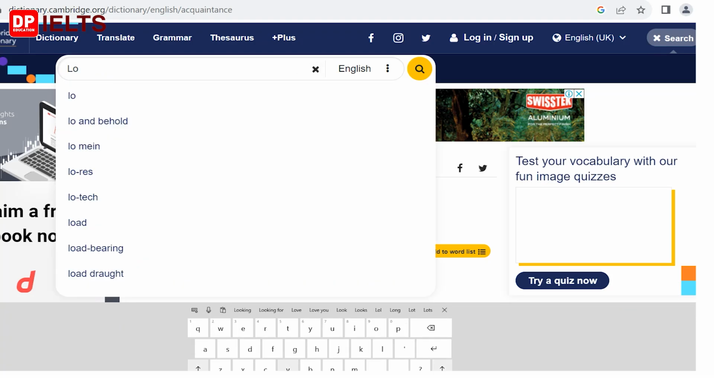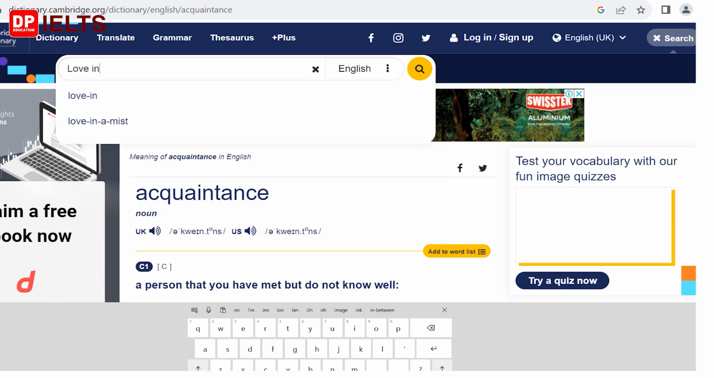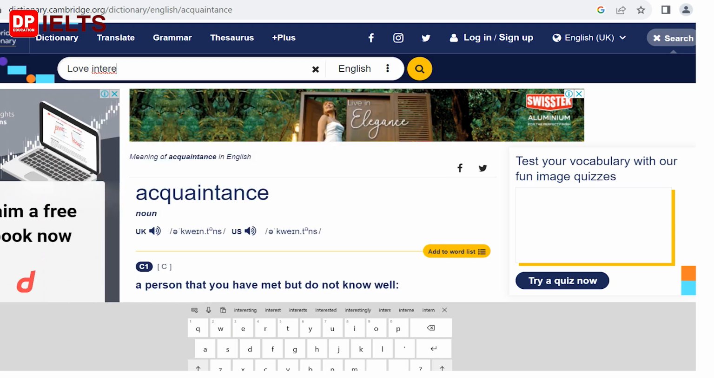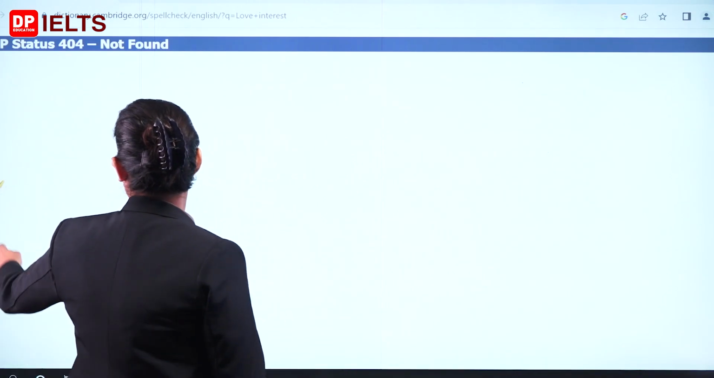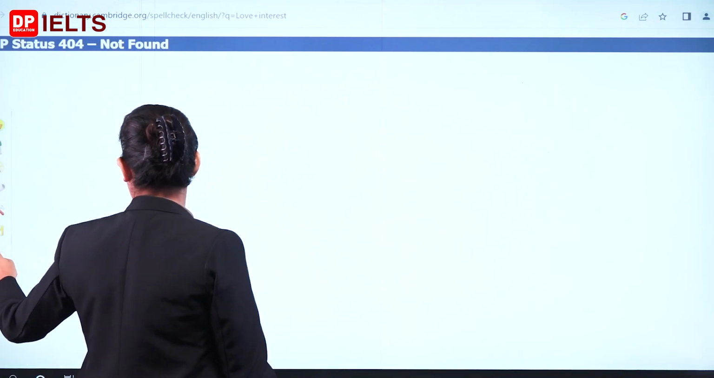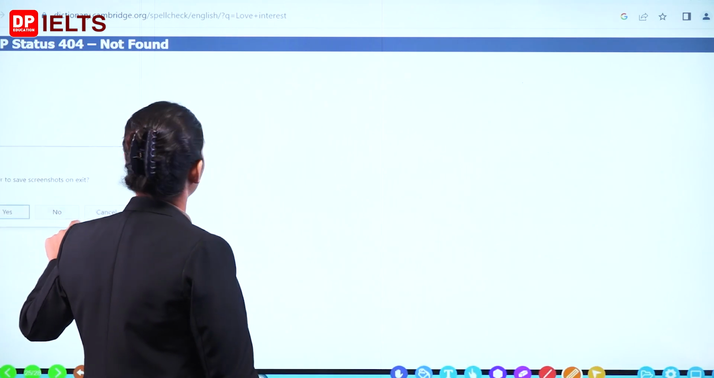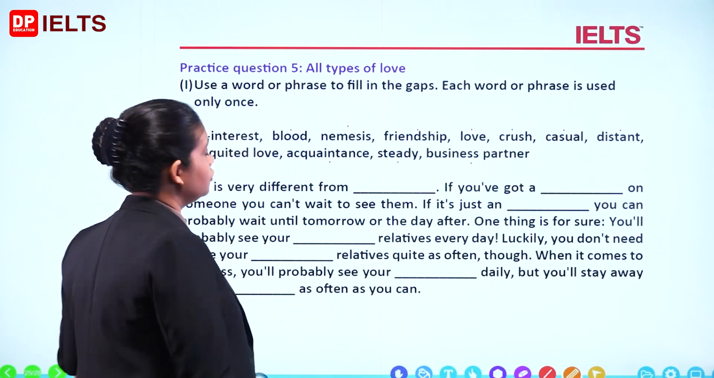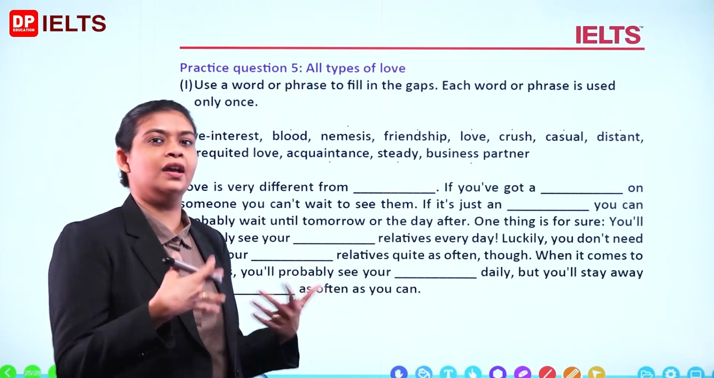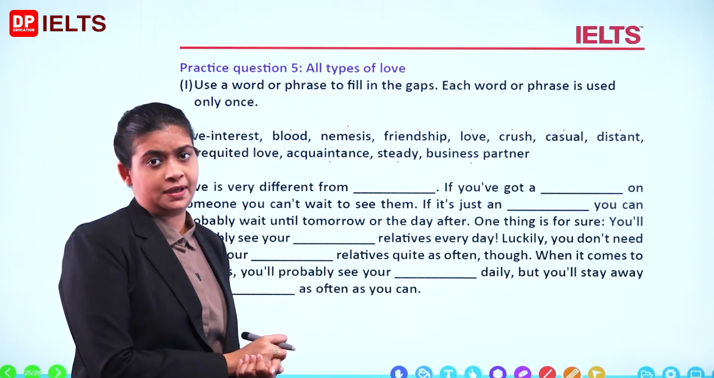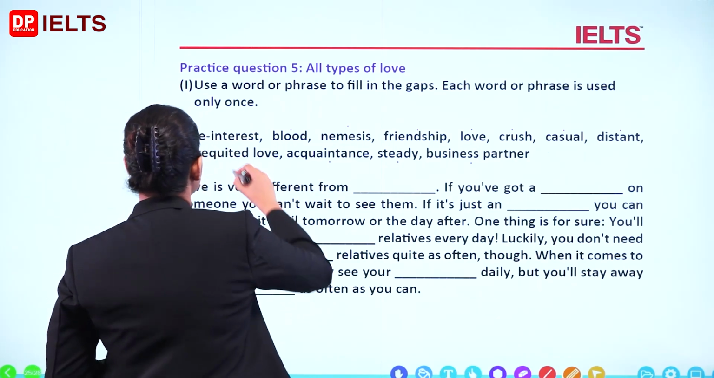I'm not sure if the meaning would come up in the dictionary. No, we cannot find the meaning in the dictionary. Okay. Love interest කියලා කියන්නේ කෙනෙක්ට යම්කිසි ආදරයක් තියෙනවා, right? You have kind of like a little interest towards the person. Okay. Next one here,